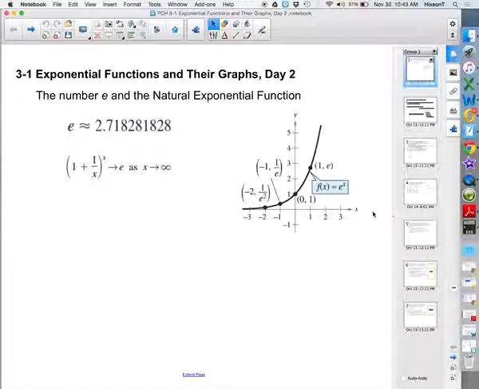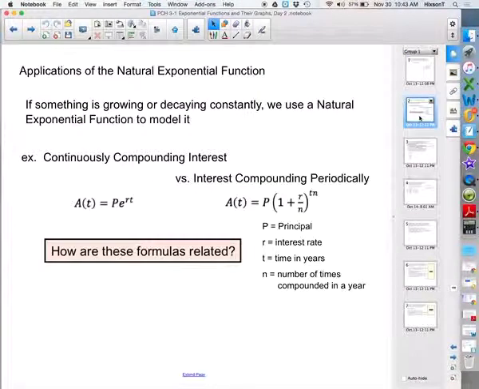So let's look at how e is used. I mentioned how things can grow or change exponentially, either at set intervals or it can change continuously. And that's where interest comes into play. Okay? If something is growing or decaying constantly, we'll use a natural exponential function to model it. So I'm using the example of interest here. We already talked about interest briefly in terms of a credit card or in terms of your bank account. Okay? Continuously compounding interest